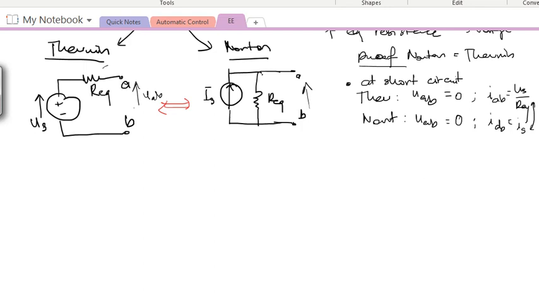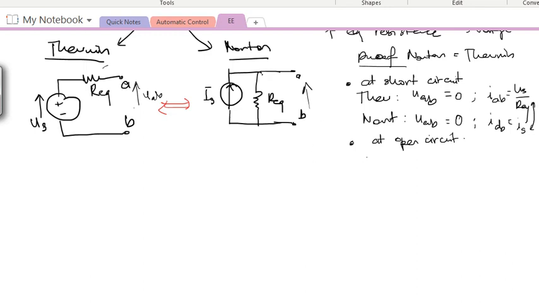But that is not sufficient to prove that the Thevenin circuit and the Norton circuit are equivalent. We also have to test another condition. For example, not a short circuit, but this time an open circuit. What does it mean to have an open circuit? Open circuit means point AB is disconnected, like in this figure, and we'll try to measure the same thing.